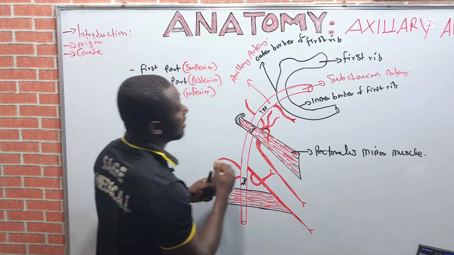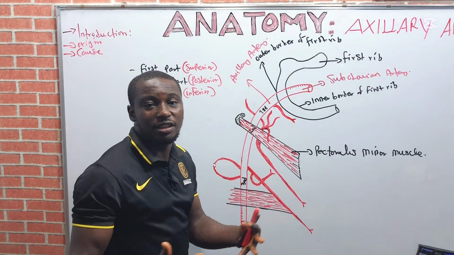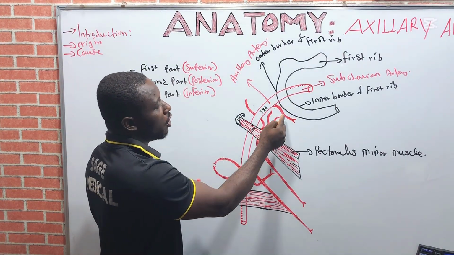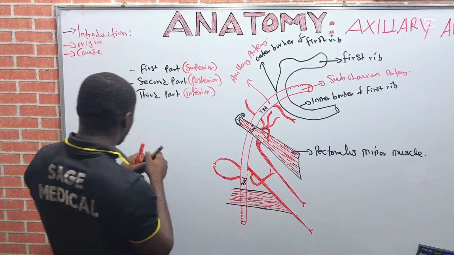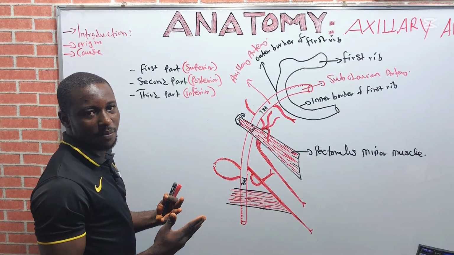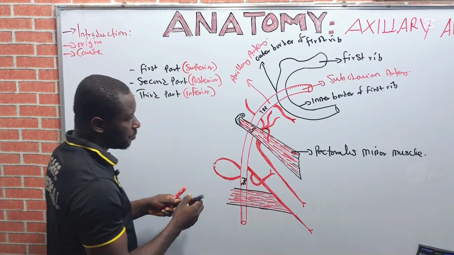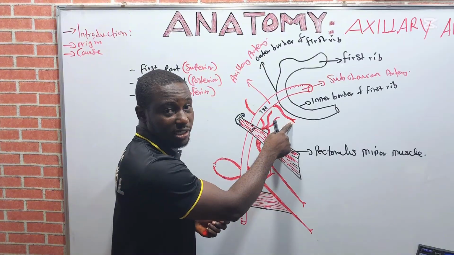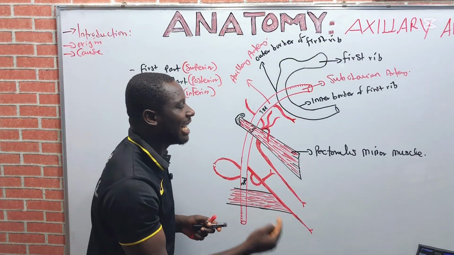So, you can see now that this division is in relation to the position of the pectoralis minor muscle, right? The first part can be called the superior part, and here it is. The first branch. And we have a mnemonic to remember the 6 branches of the axillary artery, because the axillary artery has 6 branches, which is being divided by the pectoralis minor muscle, right? The first part has the first branch, which is the superior part, that is proximal to the pectoralis